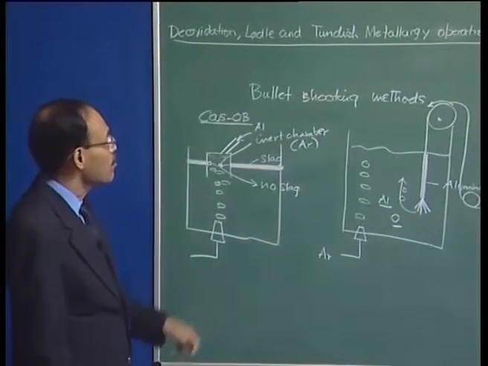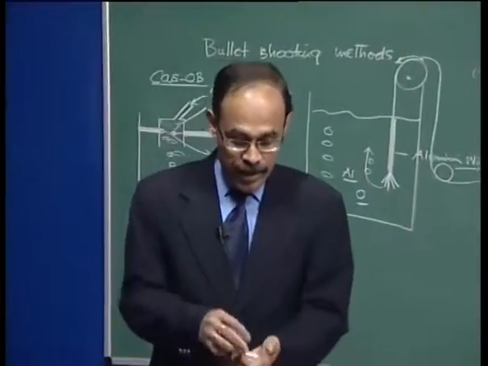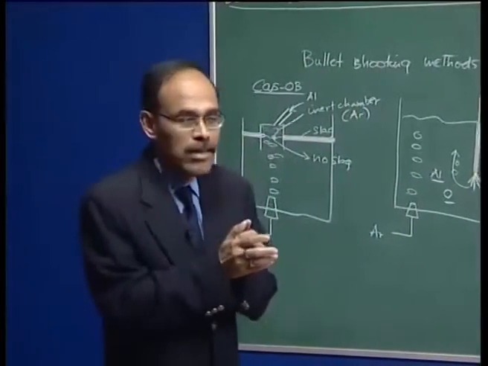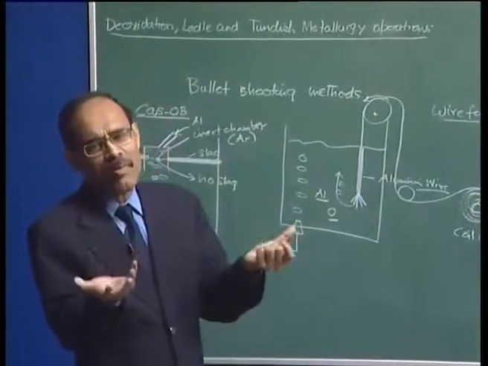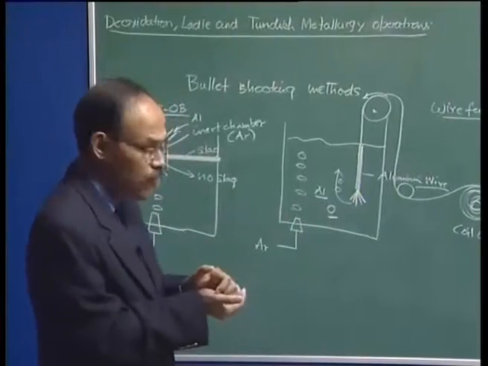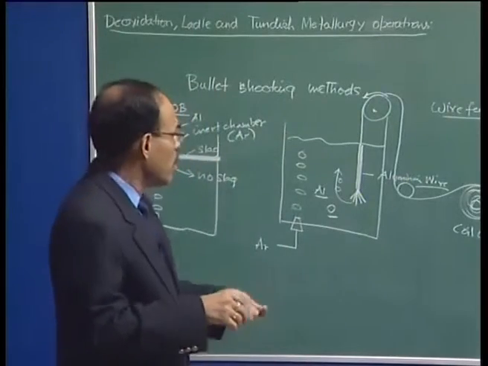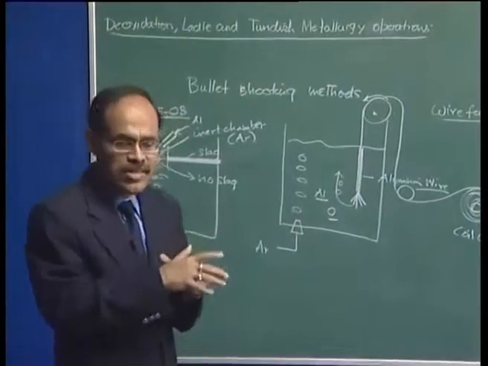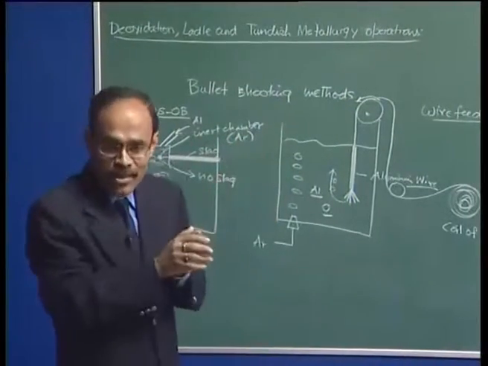But before I start ladle metallurgy, I would like to bring to your notice the significance of ladle metallurgy. Now, I have been talking also that in primary steel making, we produce crude steel which contains a lot of impurities, and the duration of primary steel making, of course, will vary depending on the capacity of the converter, 30 minutes, 28 minutes, 50 minutes, something like that. On the other hand, secondary steel making or ladle metallurgy involves a variety of processes. There is not just one process. Steel is being treated. Once the ladle is filled by molten metal from the furnace, then the secondary steel making or ladle metallurgy operation starts.